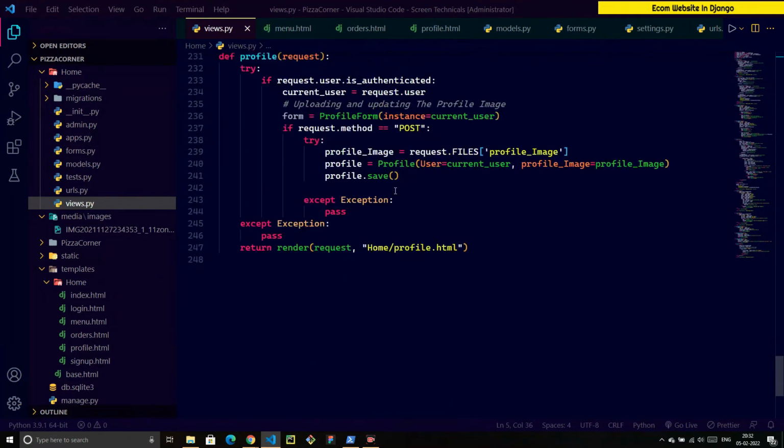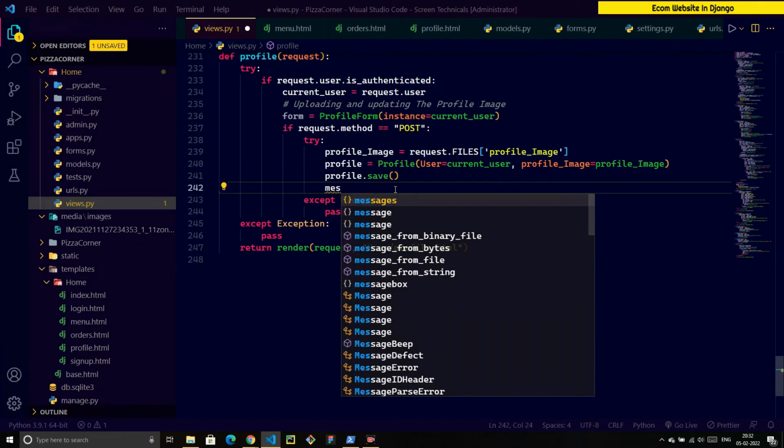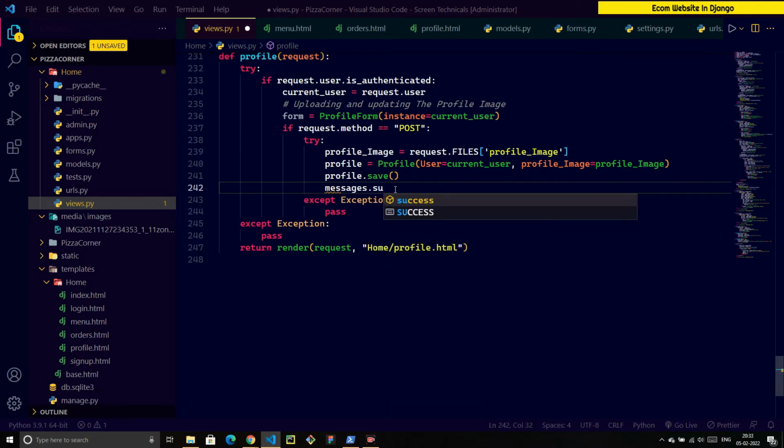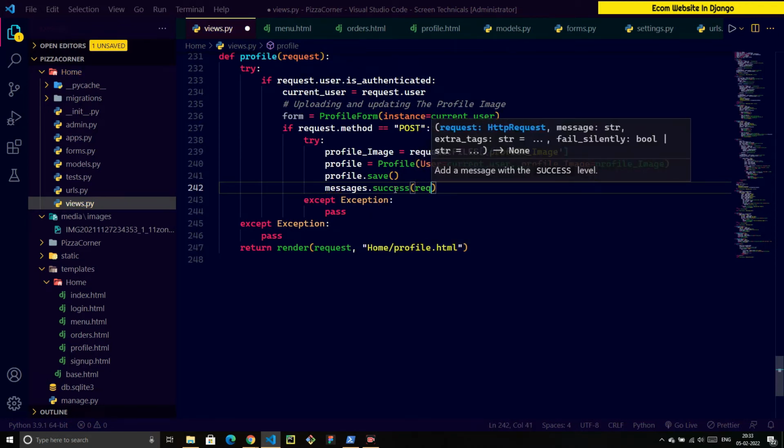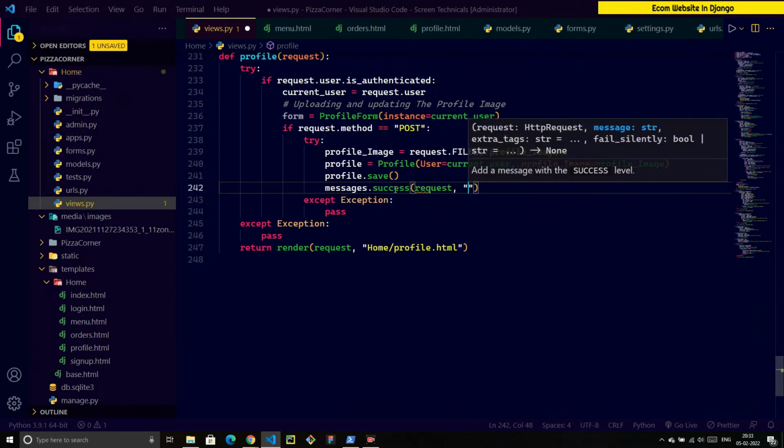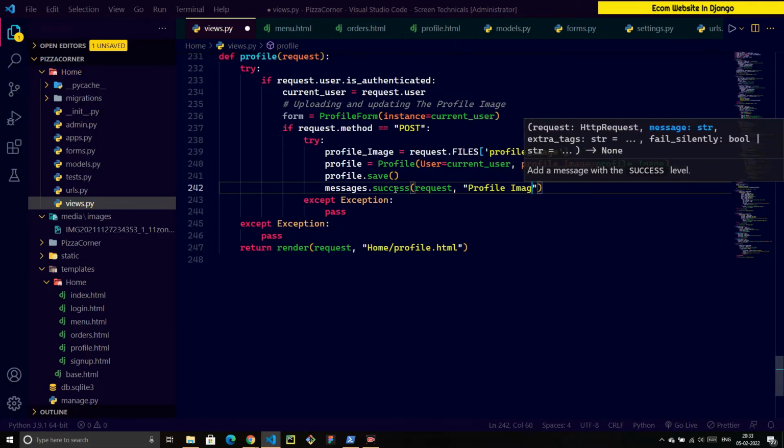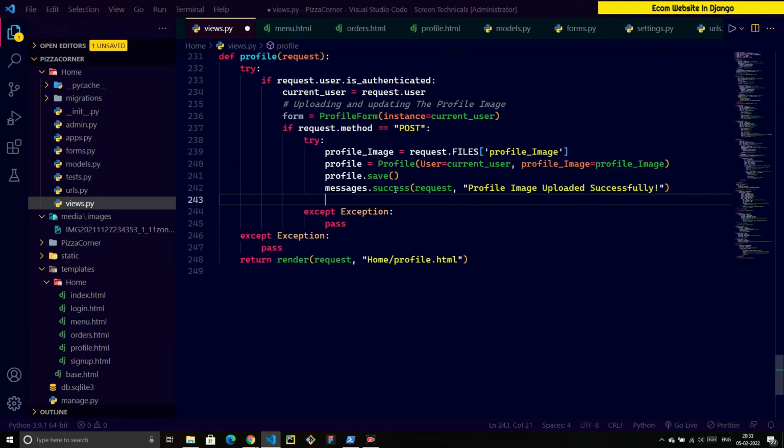Now you can even add a message at this point. Let's say I'm going to write here messages.success, the request, and the message will be: profile image uploaded successfully, just like this. Save this thing. And then